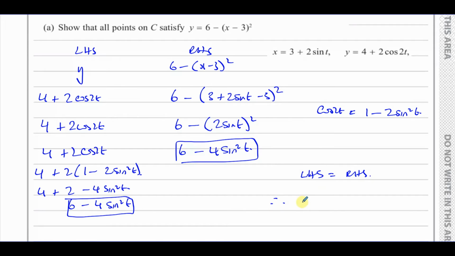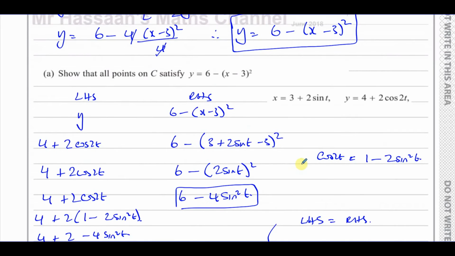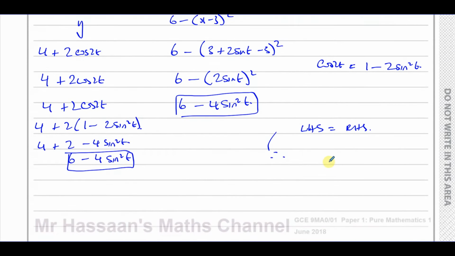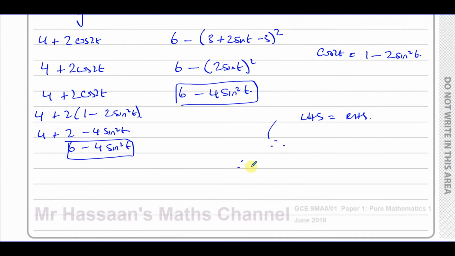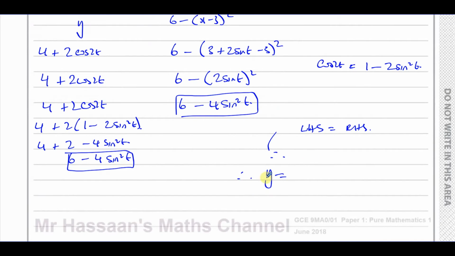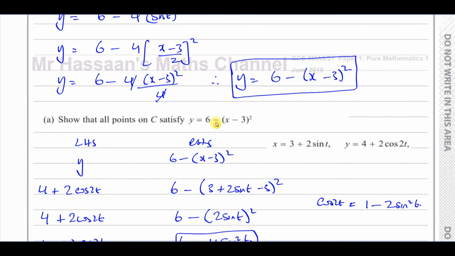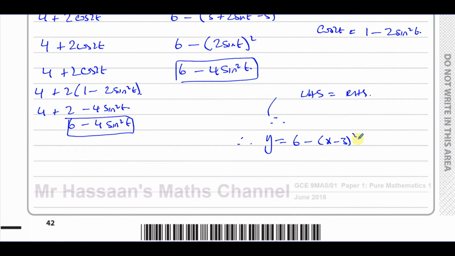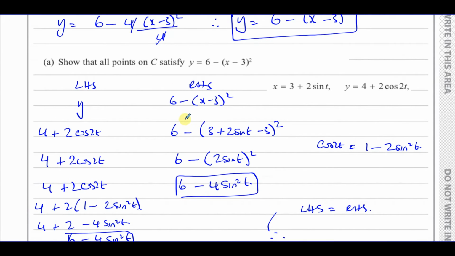Therefore we can say that this is true, that it satisfies the equation. Therefore y does equal 6 minus x minus 3 squared. We can say that all points on C satisfy this equation. That's something we have to do if we do it the second way,